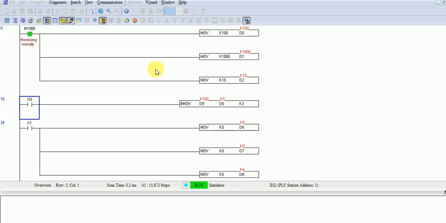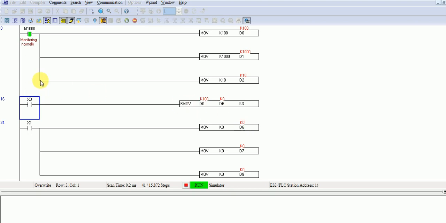You can see that this time D0 has 100, D1 has 1000 and D2 has K10. At this moment D6, D7 and D8 have K0. But when I run this command, all this block will move into that block.